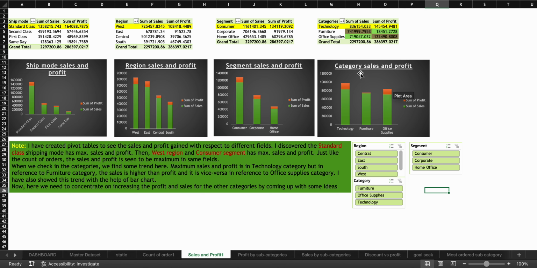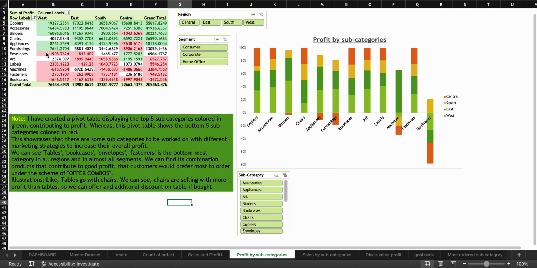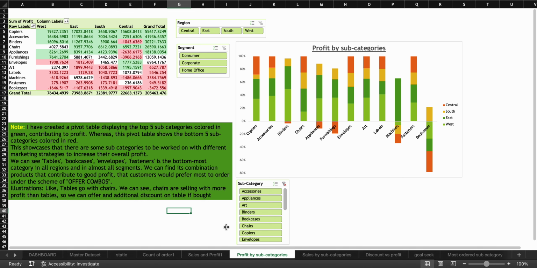So I'm more interested in further analysis for this. I've created a small note suggesting the same things that I have already discussed in this video. I have made another pivot table which suggests profit by subcategory. These are the subcategories and overall categories, where I've marked in green